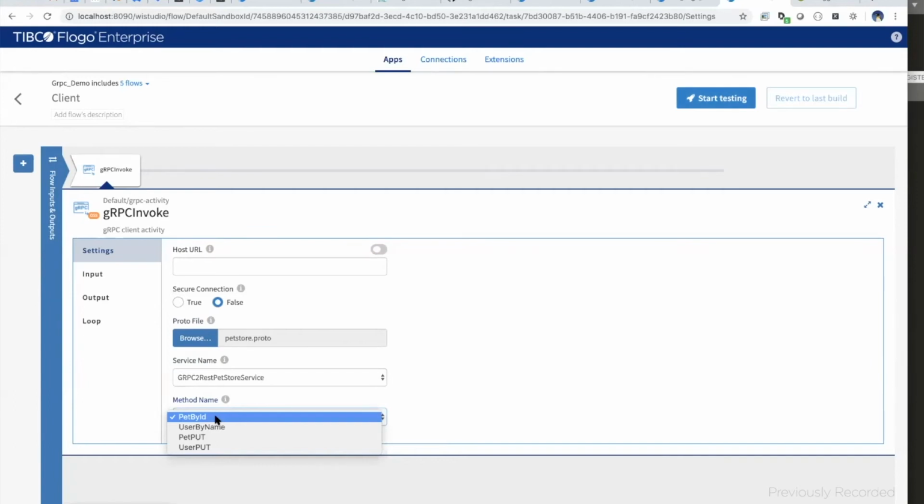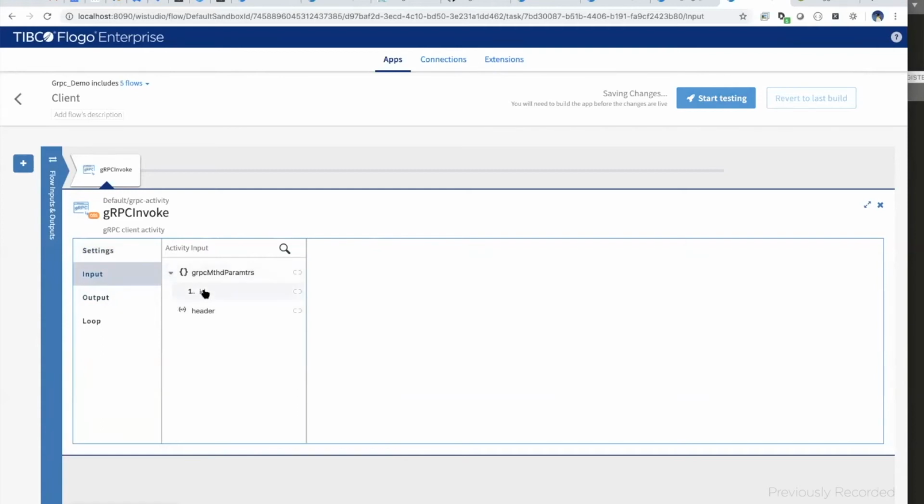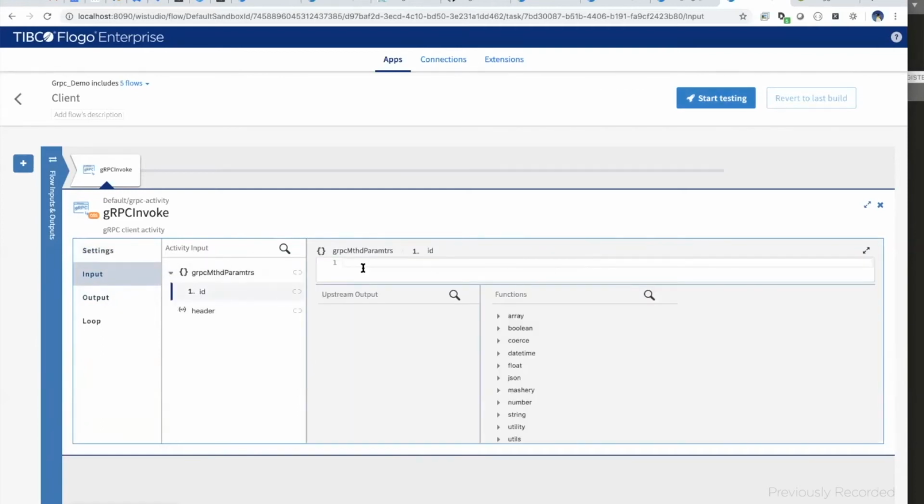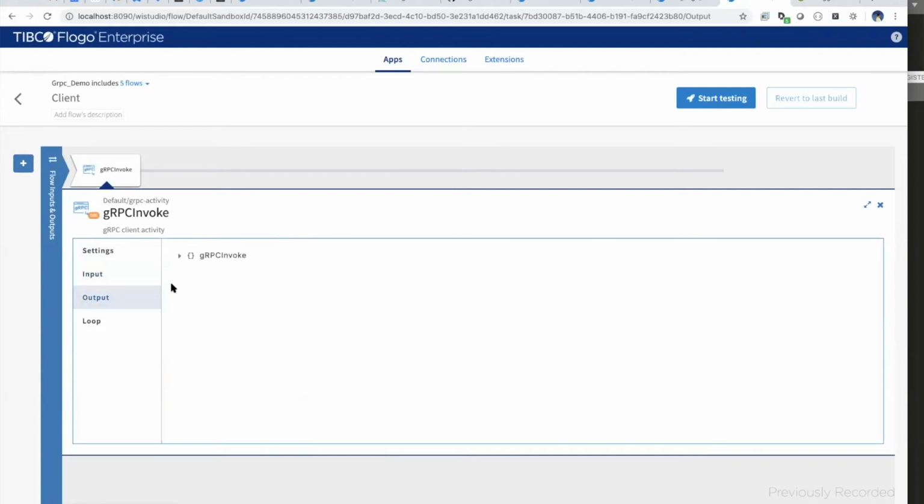So in this case, let's say pet by ID. When I pick the pet by ID, you would notice that the input is automatically configured, where now you provide the ID, and the output is also auto-configured based on the output of that method.